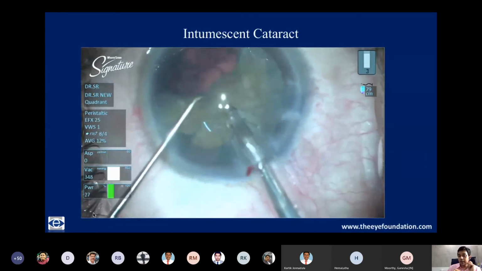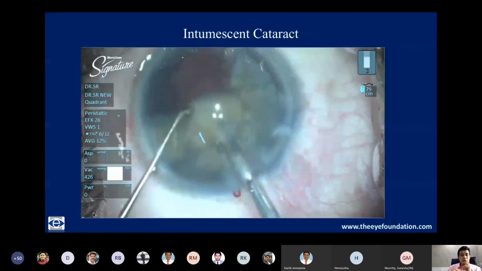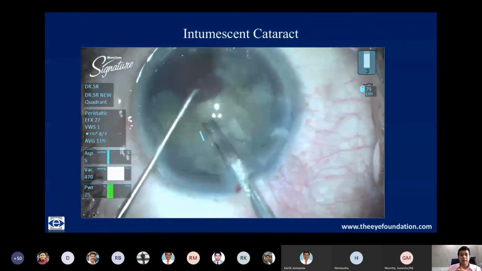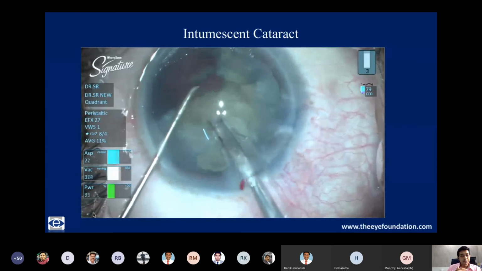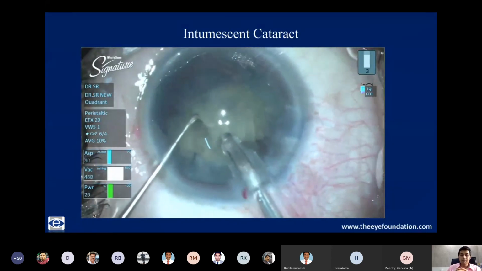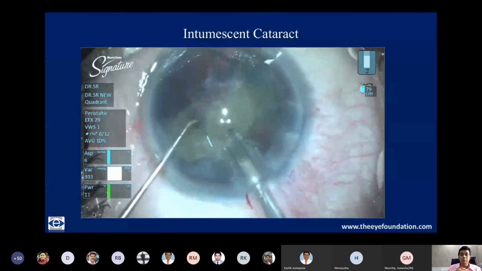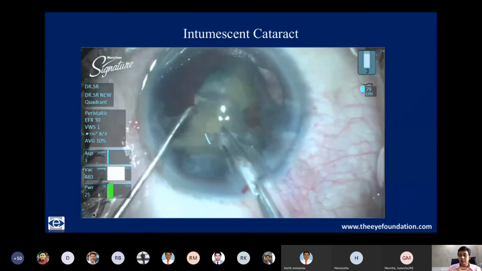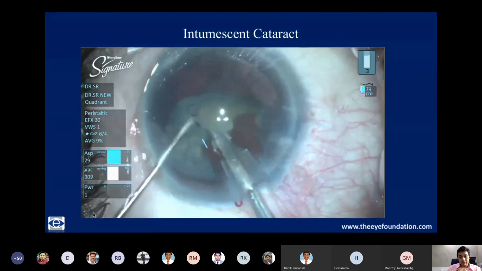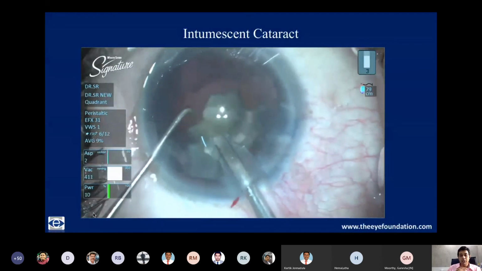Once a double rhexis is made, the standard chop techniques can be used. Most of these cataracts usually are quite soft, and removing the cataract is generally not a challenge. You can use the same techniques. Yes, we must remember that these patients may not have much of an epinuclear bowl, and you need to be a little bit more careful when you're doing the phaco aspiration or the phaco emulsification.